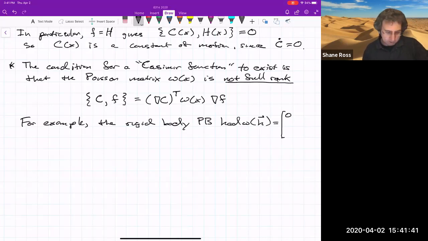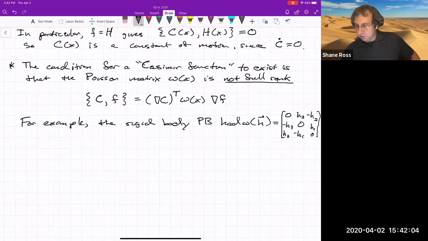The matrix here looked like the matrix version of the cross product. So we had that. Now, you look at this matrix, and then you could ask yourself, is this matrix of